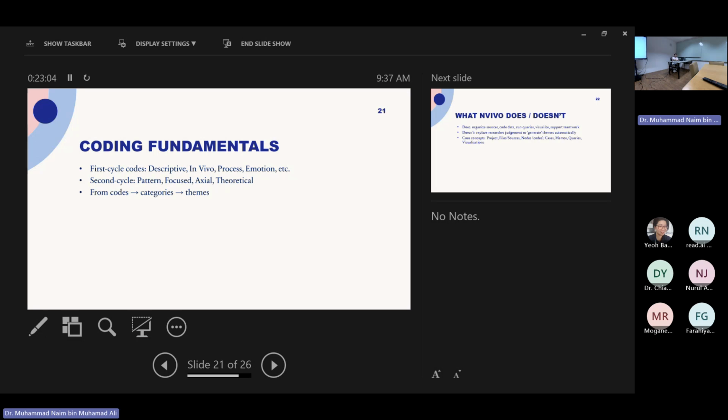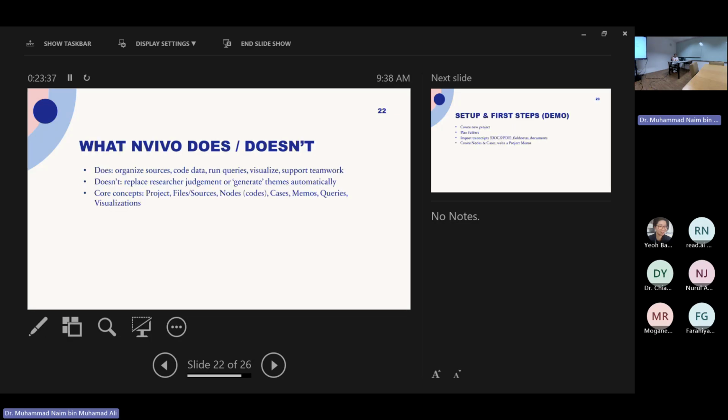drag it. Second cycle, meaning you are already cleaning up. Cleaning up means that you can combine, you can remove. Then the second coding is called selective coding, and then third level coding is still refining, cleaning up all of the redundancies. Okay, I don't remember what it's called. Sorry. It was there just now, and then suddenly it's missing.